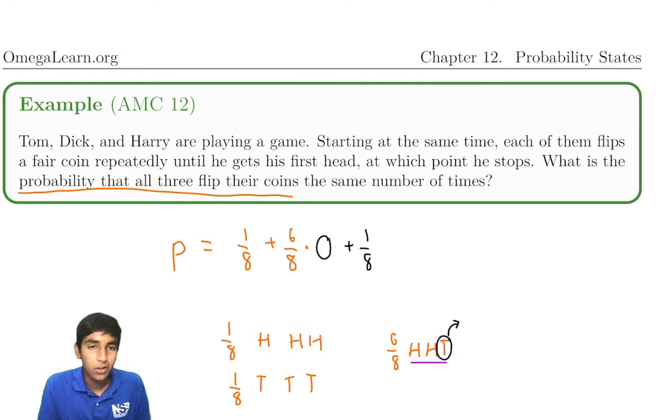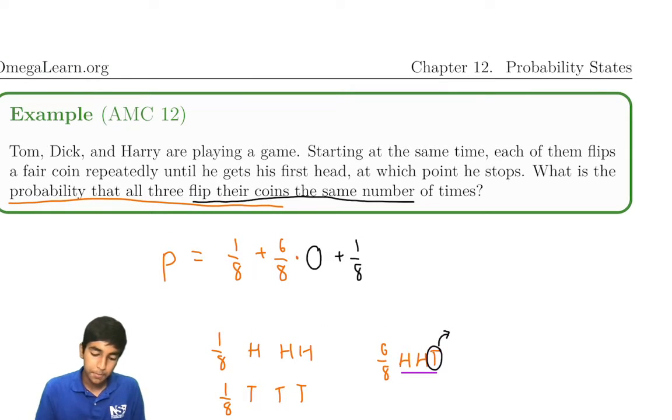Now the final 1/8 chance, they all roll tails. In this case, what do we do? None of them rolled heads, so they all have to keep going, but also all of them rolled tails, not just some of them. So nobody got their first head yet, so it's not uneven yet. You can see here that there's no unevenness between how many tails, because they all roll tails, nobody rolls heads, so none of them stop. So there's still a chance that they're able to flip their coins the same number of times. So 1/8 times